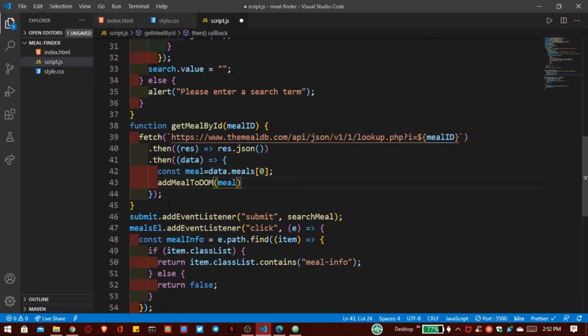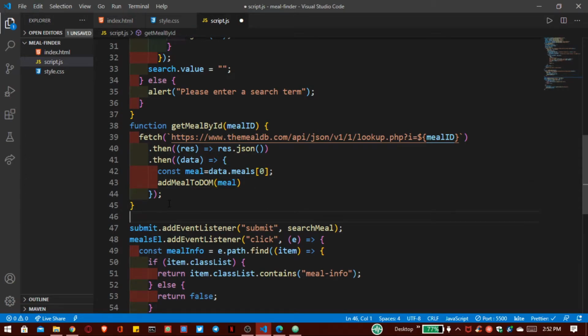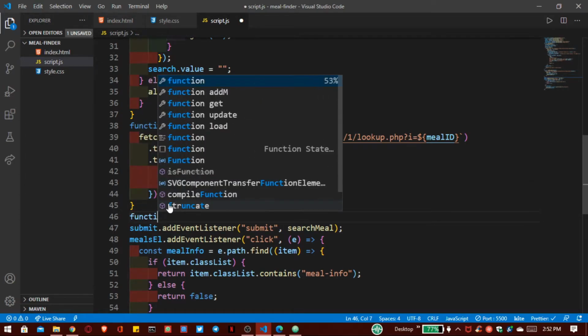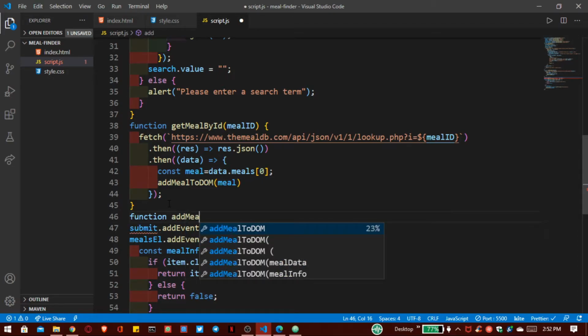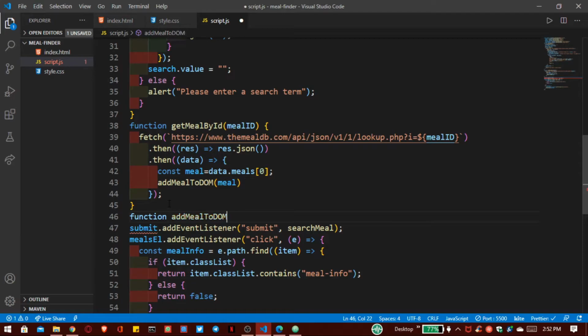Now create another function here that is add meal to DOM. Inside that we have to grab this meal.